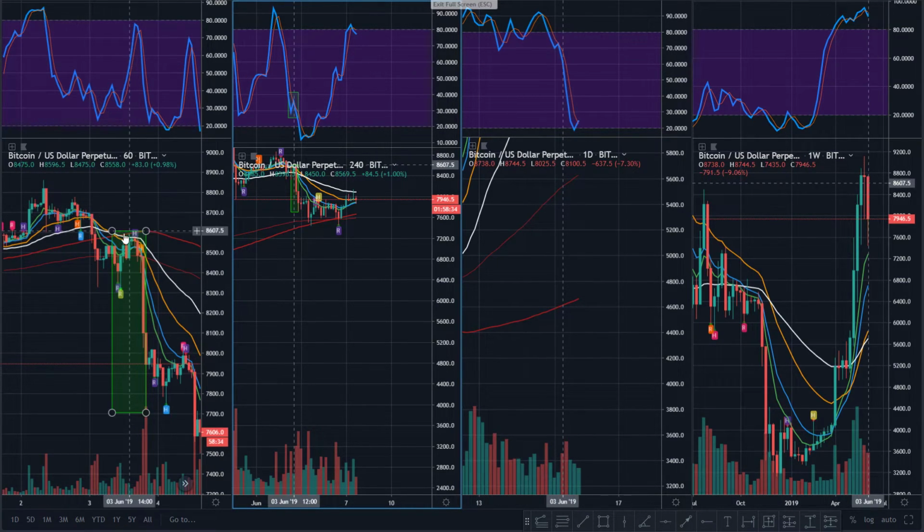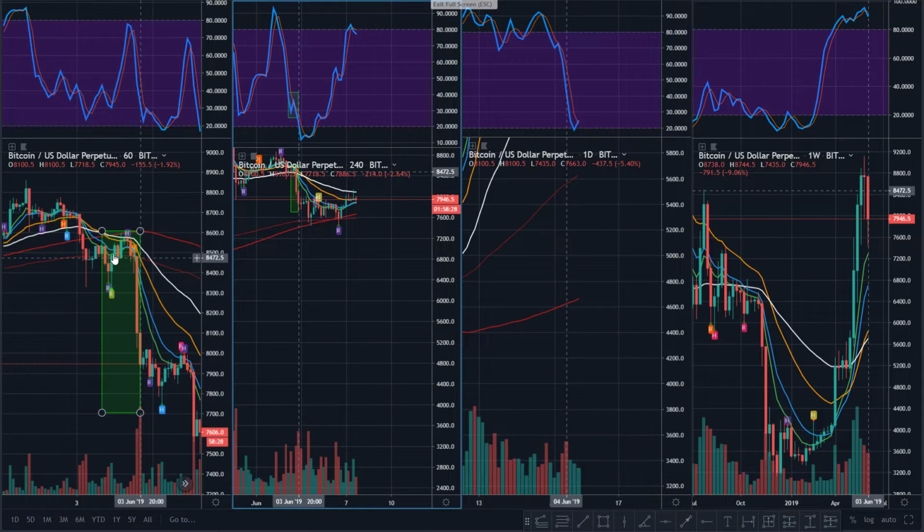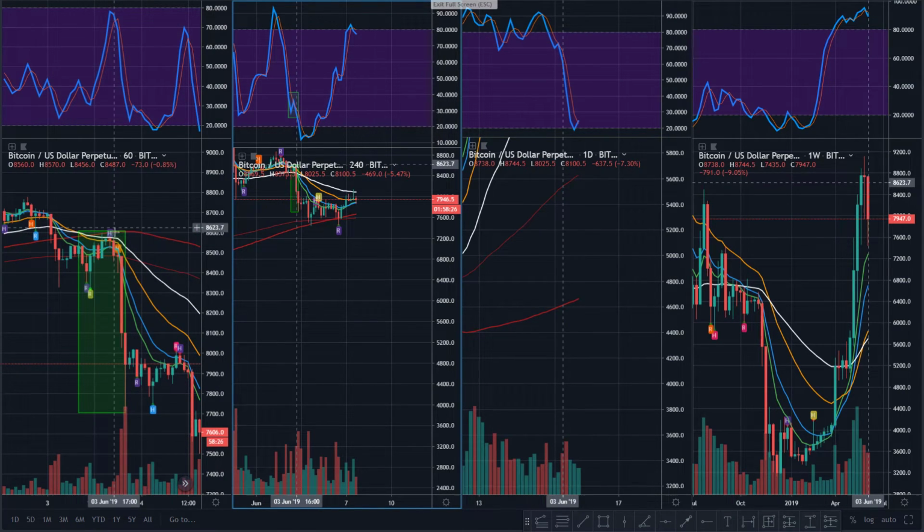But instead, what occurs is it actually fails at the 200 and the 55, and you start to see it peel back. You see smaller candles. That's also a little bit of a warning sign, right? Because there's bearishness. That basically means that there was supply there. And then ultimately it starts to peel back a little bit. And once you start to lose that level, this would be a good short opportunity. It would certainly be something where you'd want to get out of a long.